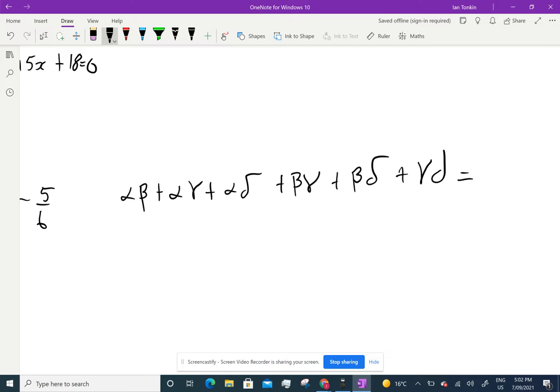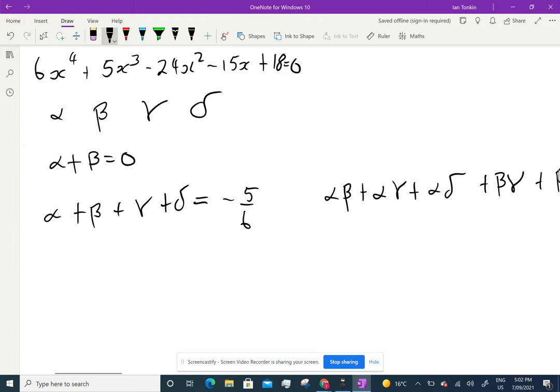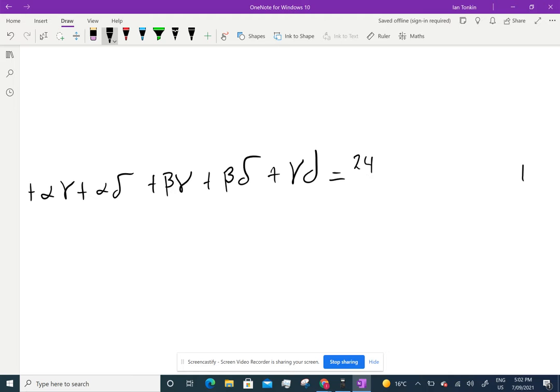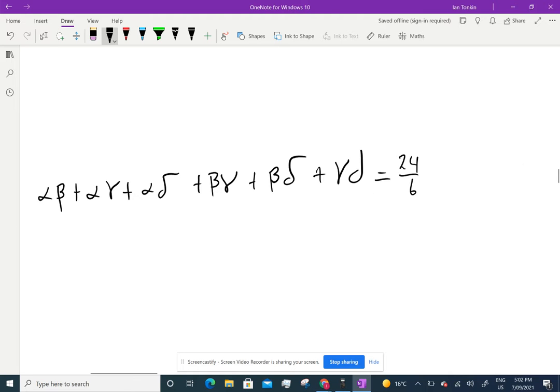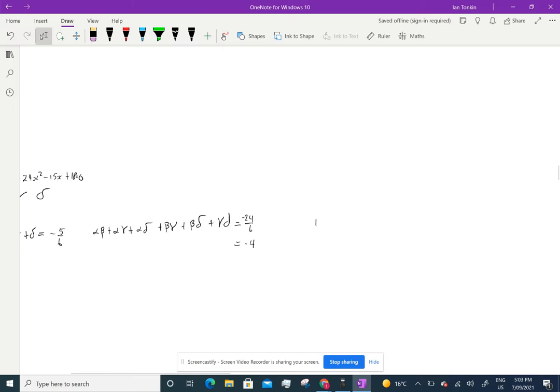So we went minus B on A, so C on A. And C is minus 24, so it's 24 on 6, which is going to be, I'm not going to write that all out again, so minus 24 on 6 is minus 4. And the next one, so this is hard, alpha, beta, gamma